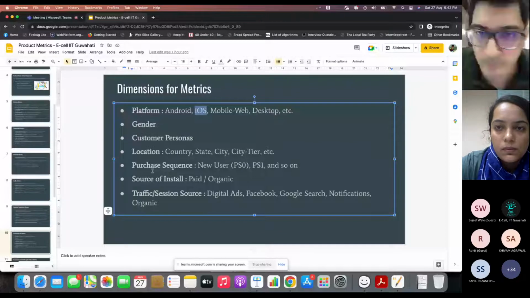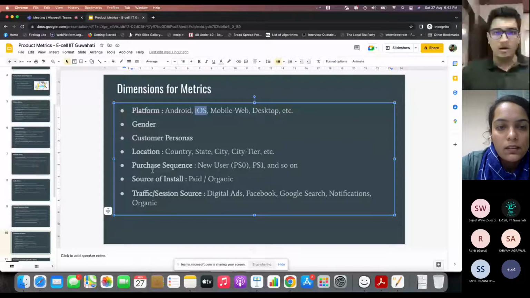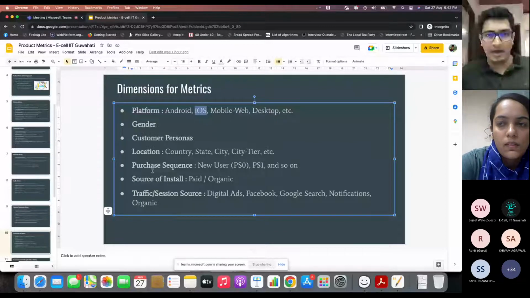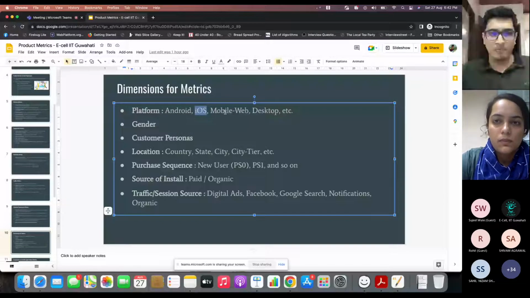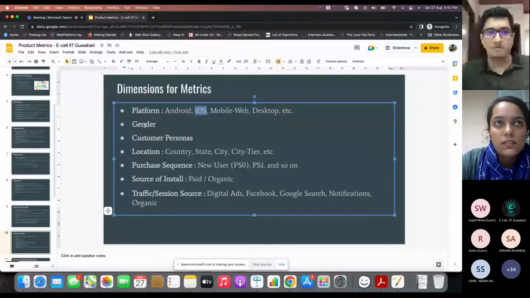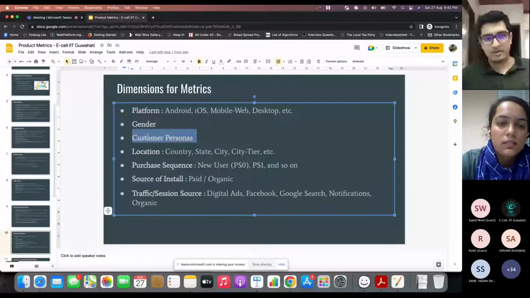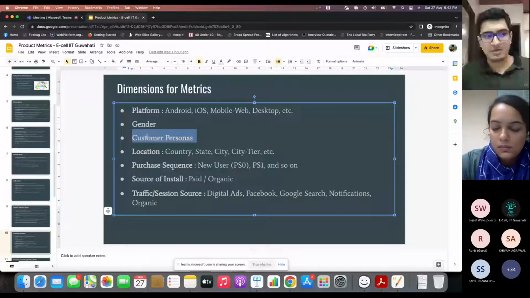And those dimensions might have some business nuance, product nuance, but this list is just to give you an idea, right? For example, platform becomes a very key dimension, especially in a world where your product, your app or website can be accessed across different interfaces: apps, mobile web or desktop. So platform. Then gender, for example: are your male customers using the product differently compared to your female customers? Or customer personas also. Let's say you have defined customer personas within your company. A lot of companies segment their customers into custom logic based segments, and then track the metrics for those customers at that dimension.